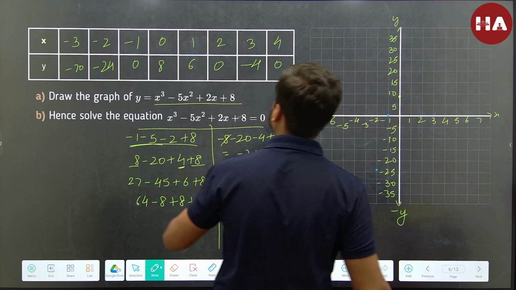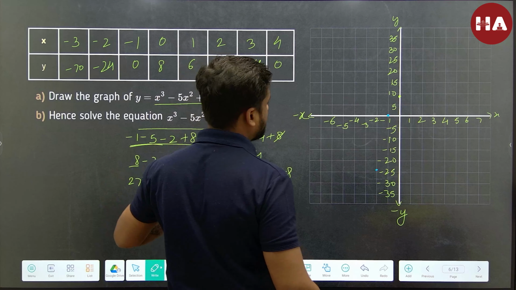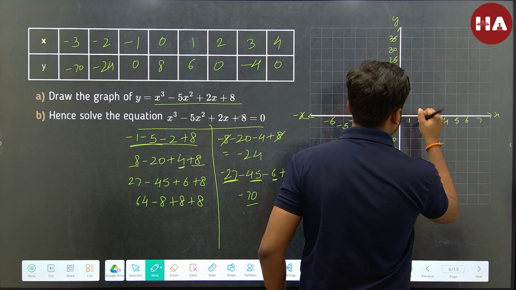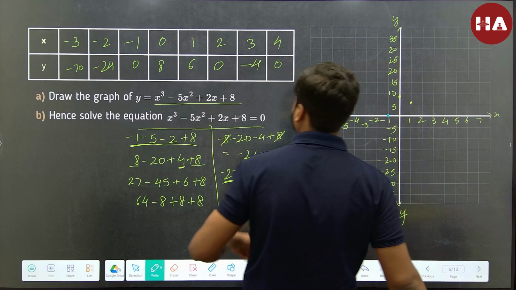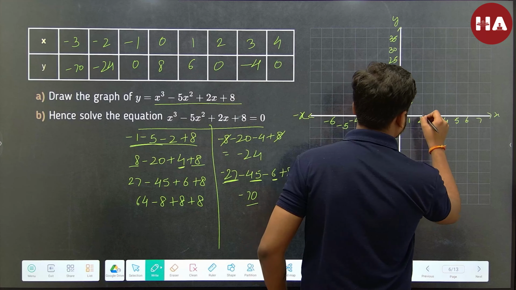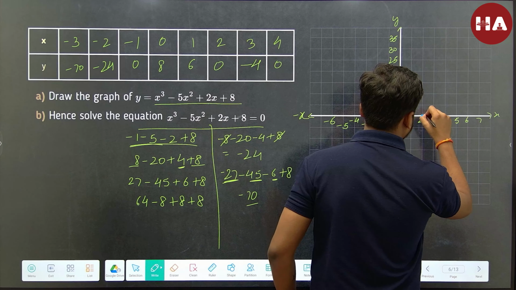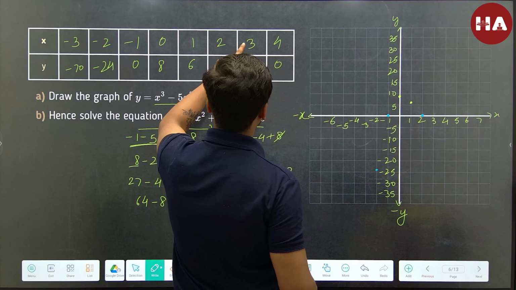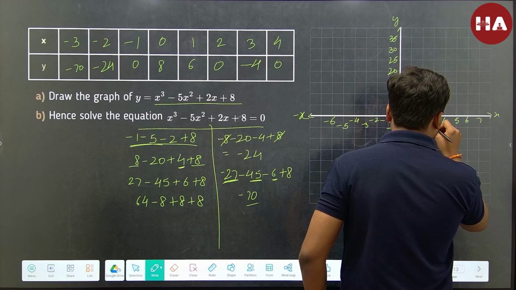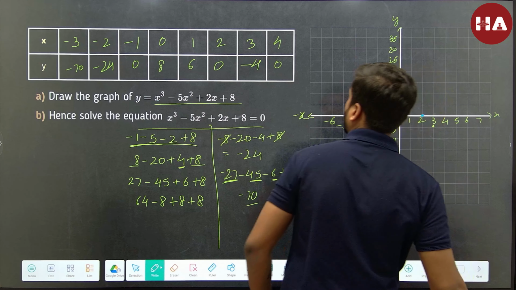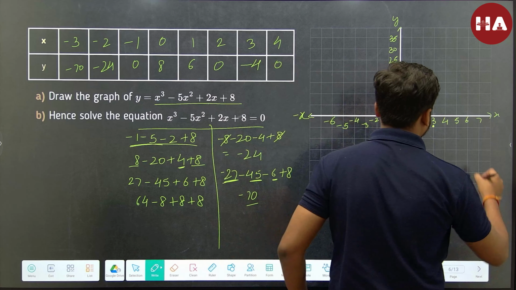Okay, I don't know what's happening. Next is (1, 6). So (1, 6) is somewhere here. Next is (2, 0). Then (3, -4). (3, -4) is somewhere here. Then (4, 0) again,